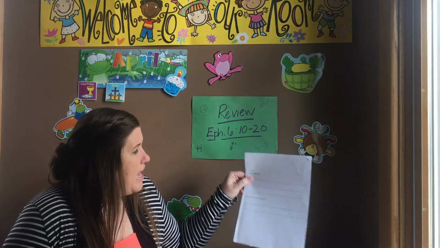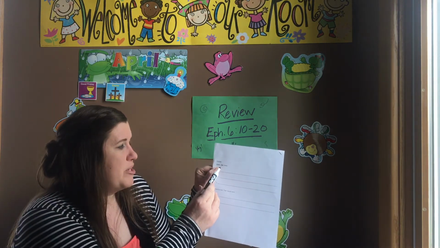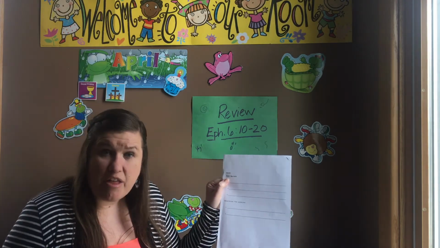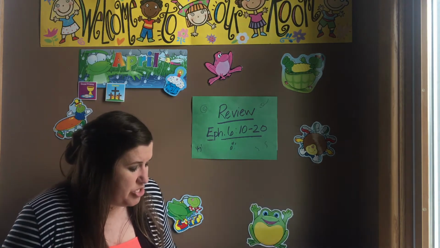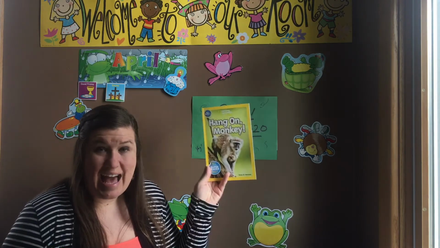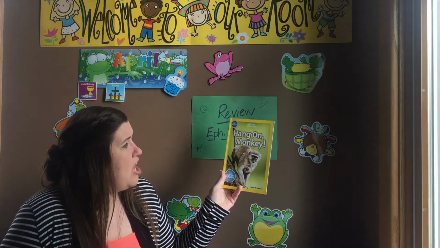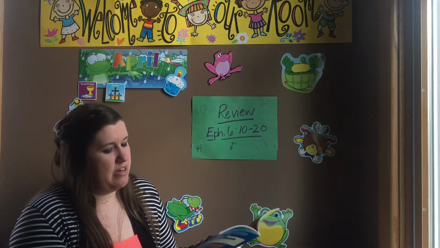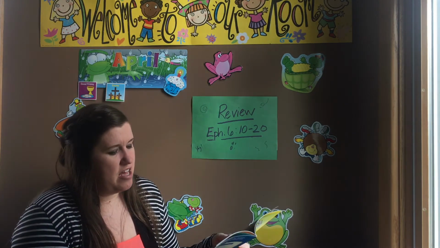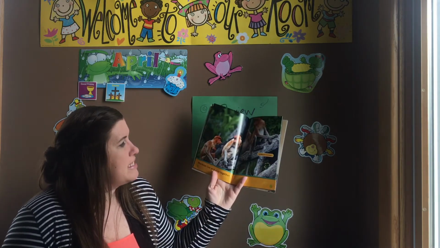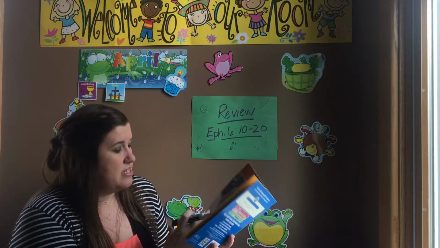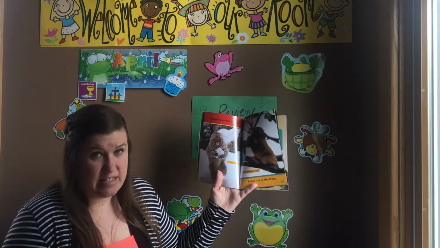On the back here it says the title of the book is going to be underlined, then we're going to put a comma, and then we're going to write the author's name. I brought a nonfiction book that I had at my house. It says Hang On, Monkey. This one looks like, well, that's a funny title, maybe that's not a nonfiction book, but remember, it has captions, it has real pictures, and it just has facts in it about different kinds of monkeys.